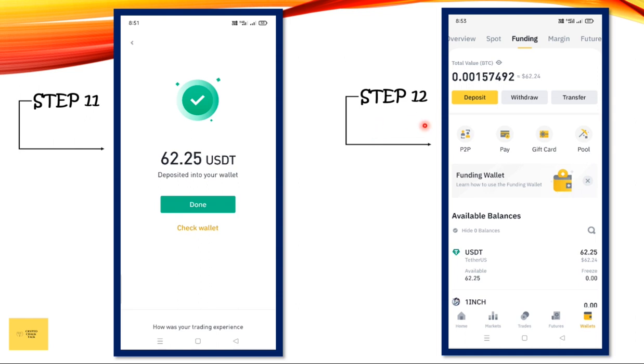At this step we select wallet and then funding option. This is similar to the one we showed you in the beginning. So we have the funding option here, on which we will click once we are in the wallet page. We check the USDT balance to confirm that the purchase amount of USDT has been deposited in the funding wallet. We see it was earlier 0, now it is 62.24,